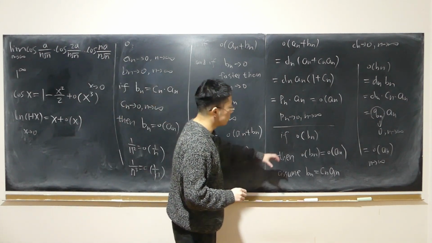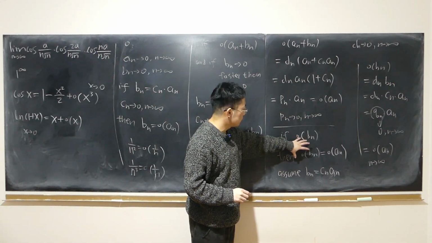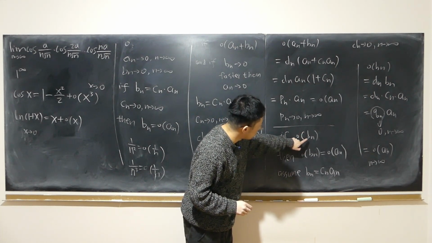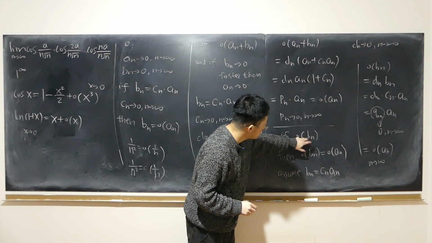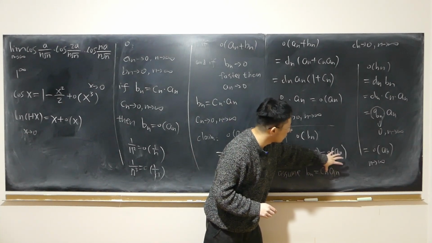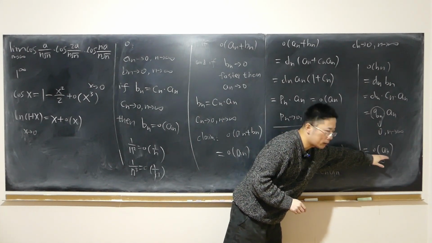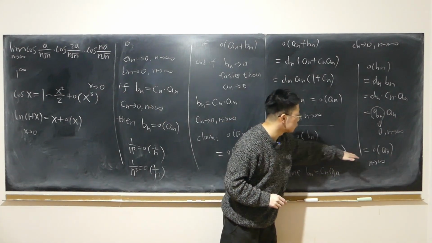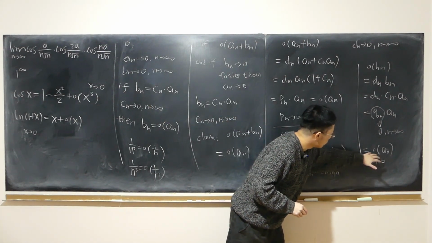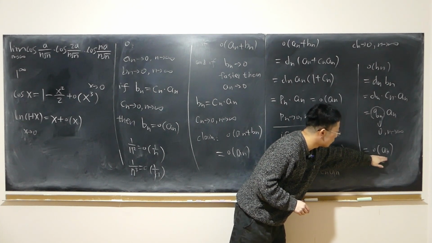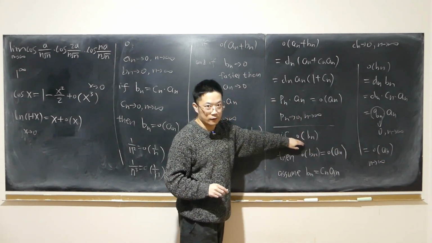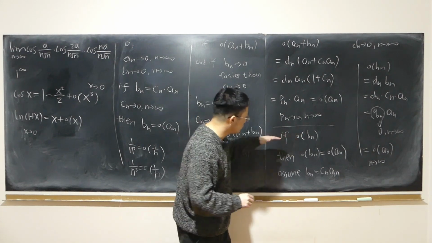So intuitively it makes perfect sense, right? Since it's approaching 0 faster than the faster guy, then is it approaching 0 faster than the slower guy? Of course. But the other way is wrong. If it's approaching 0 faster than the slower guy, is it approaching 0 faster than the faster guy? Not necessarily. So it only works one way.